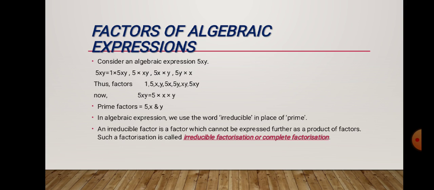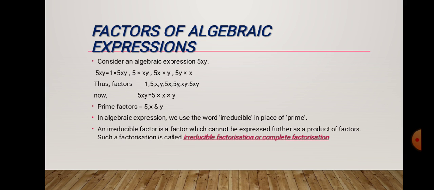Factors of algebraic expression. Now I have given you one example. Consider an already given example, 5x plus y. Now 5 into x, when we are multiplying 5 with x, that will become one term. And when we are writing 5x plus y, we are using two fundamental operations. One is multiply and one is plus. So in that case, 5 is the constant. Counting numbers are called constants, and variables we are writing from A to Z in small letter alphabet.